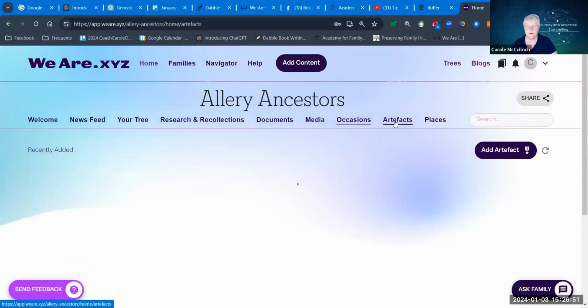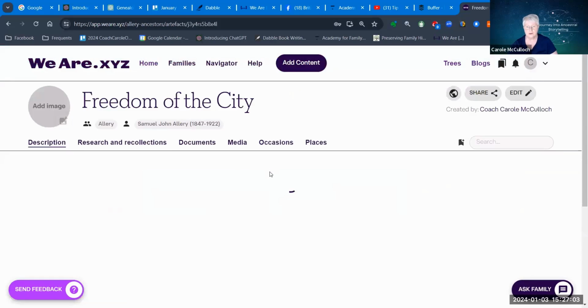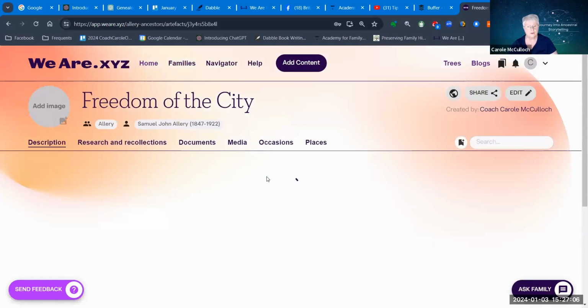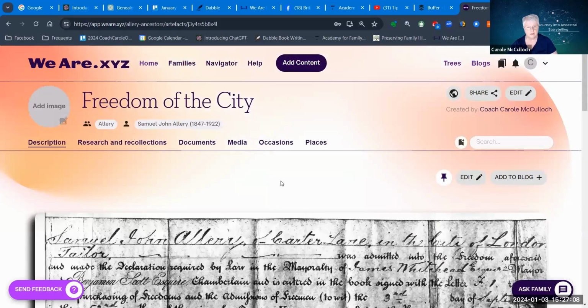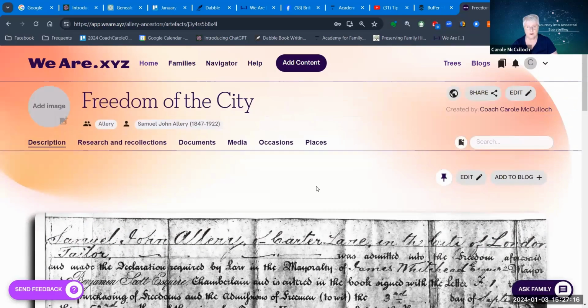We also have artifacts, a place where you can include information about things that have belonged to your ancestors. I've got a picture for that one. I should add a picture there. But you can then tell a story about a particular artifact. In this case, it's the freedom of the city for my great-grandfather, Samuel John Allery.